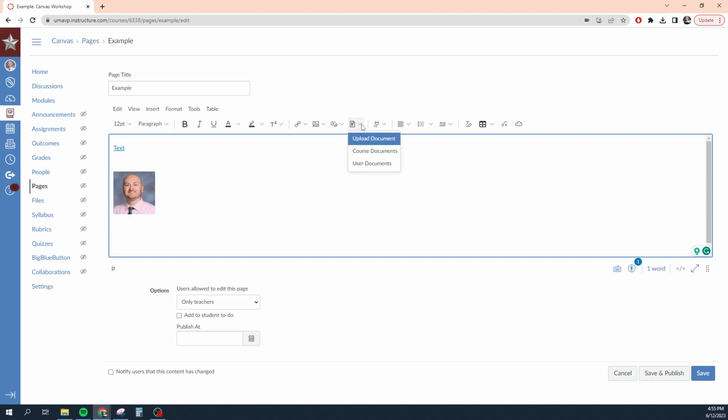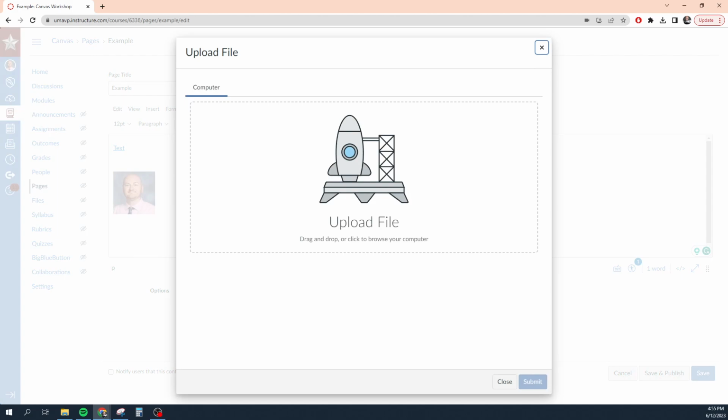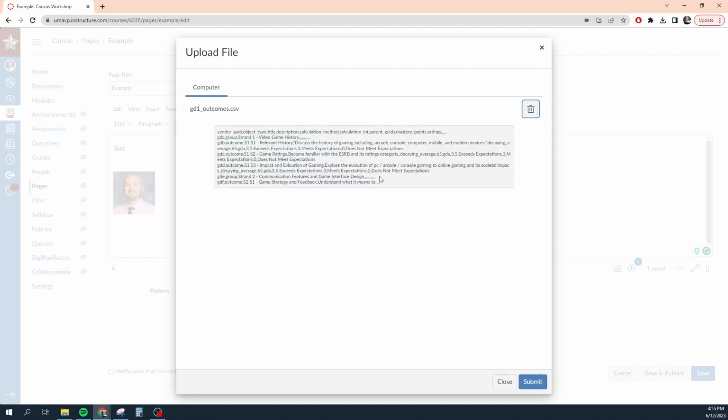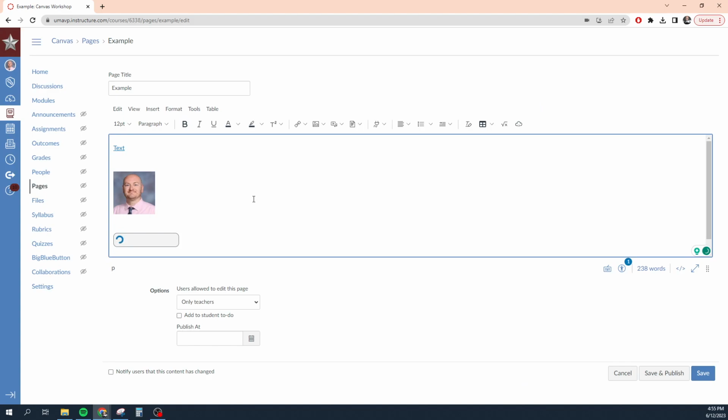Let's talk about documents. There are a couple of ways you can do this. You can upload documents directly from your computer. Let's see if I have a document that's handy that I can upload. I have that CSV file. Let's upload that and see what happens. So I have this CSV file that has all the information that I need for uploading outcomes. I've uploaded the document, and now